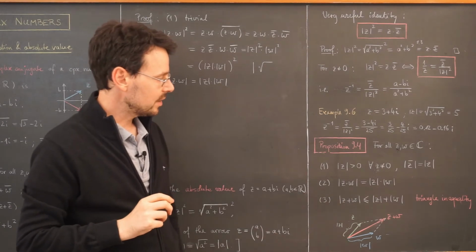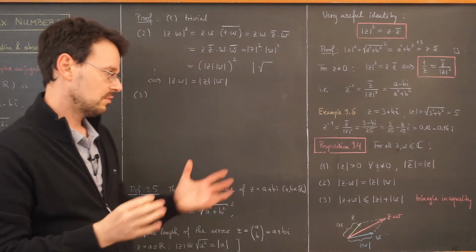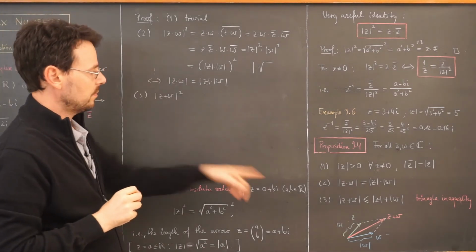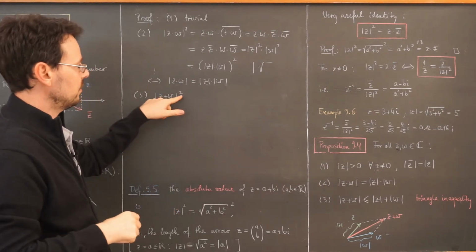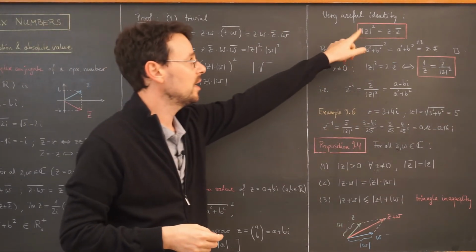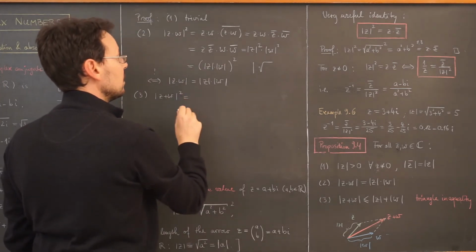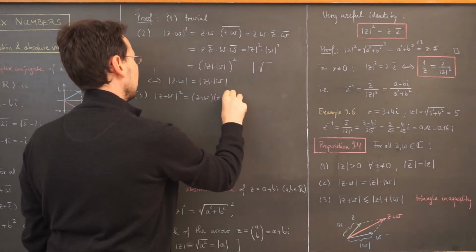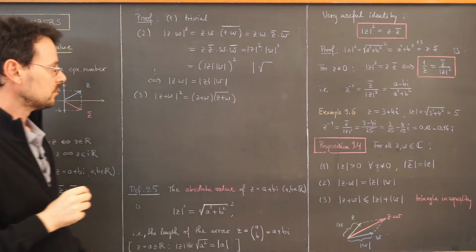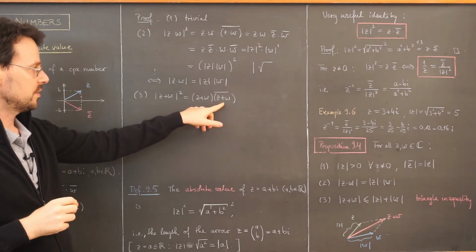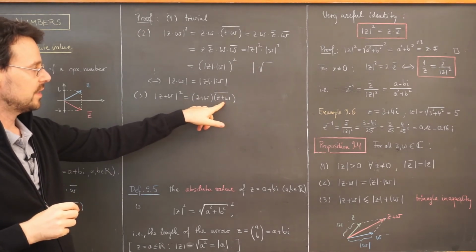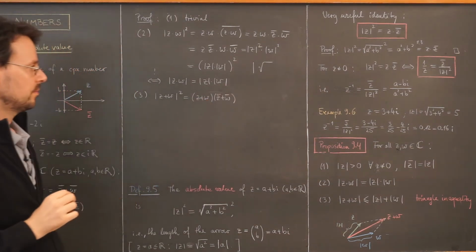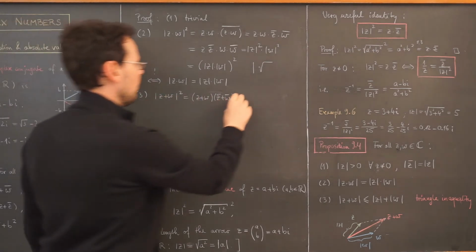Now the proof of the triangle inequality is a very nice application of almost everything that we've learned so far. Using the same trick as before, I do not prove it for the absolute value, but for the absolute value squared, because again, then I can use this sneaky little identity. So I have this. Now conjugation is additive, meaning this here is the same as this. And now using distributivity, I get